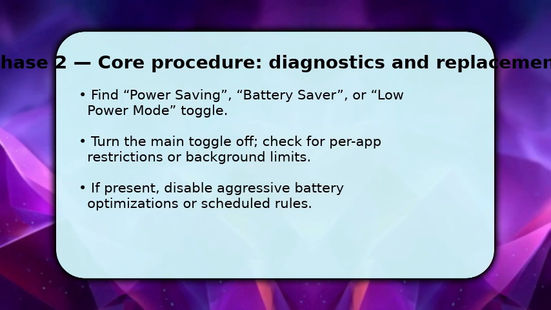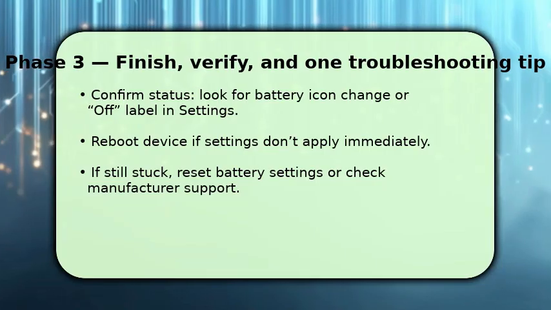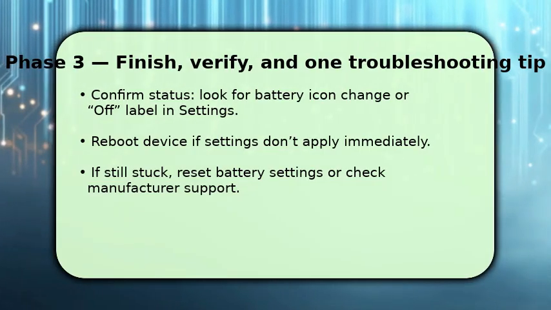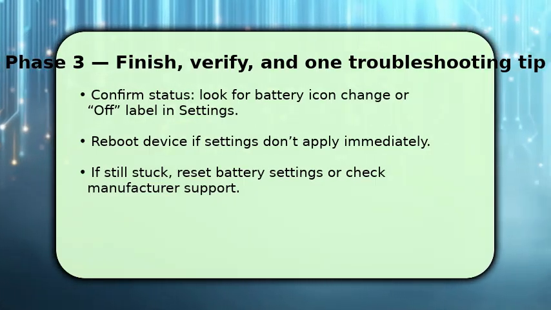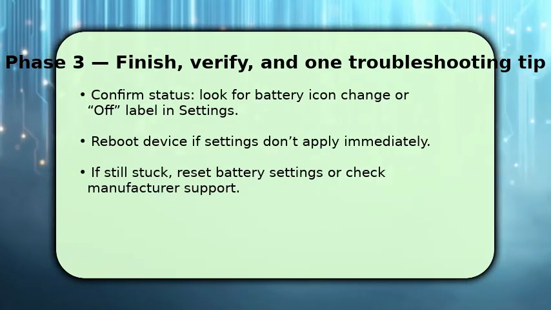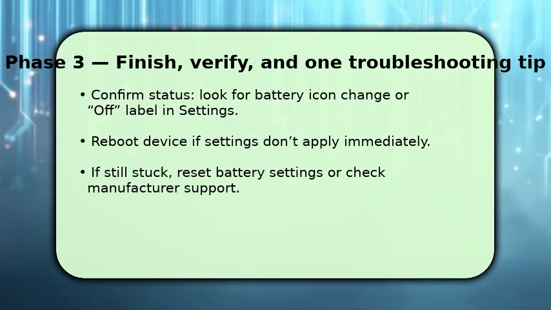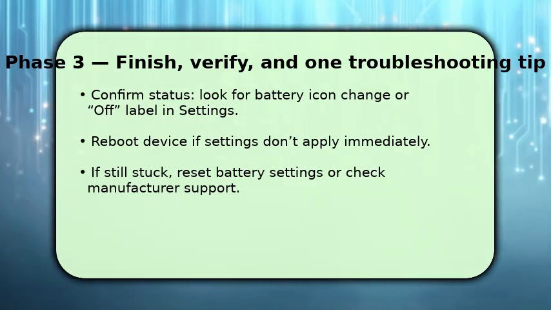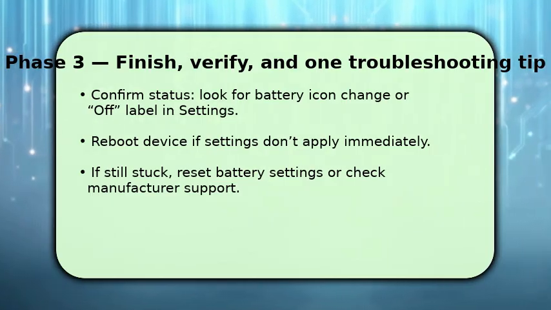You finish by checking the battery icon or the settings label to confirm power saving is off. The icon often returns to normal once changes apply. If the mode persists, reboot the device. A quick restart forces setting refresh. Finally, if nothing changes, reset battery settings or remove recent apps that alter power profiles. This often resolves conflicts. One key troubleshooting tip: if toggles revert, check for device management profiles or